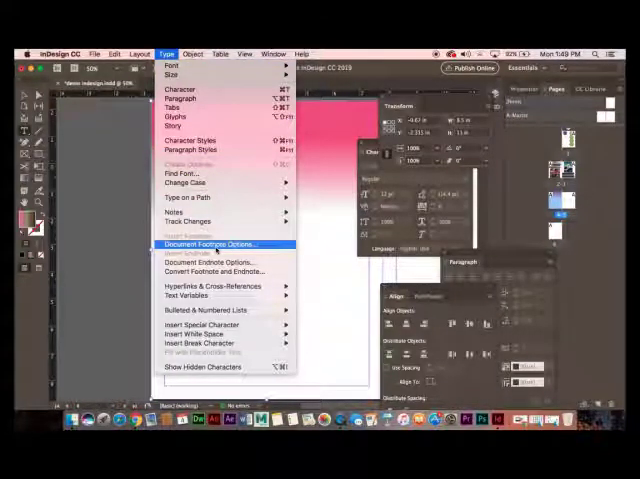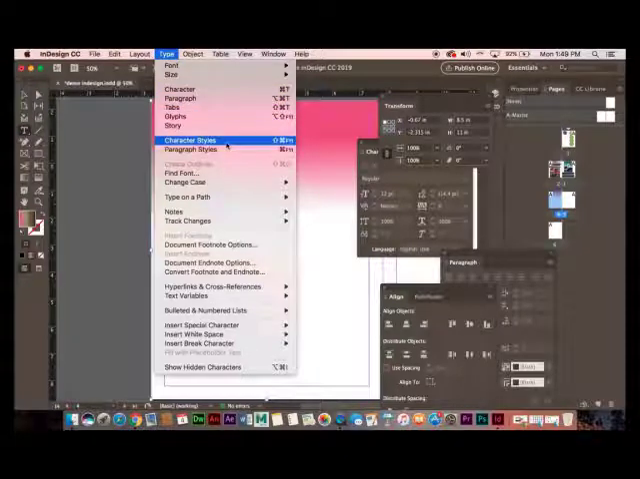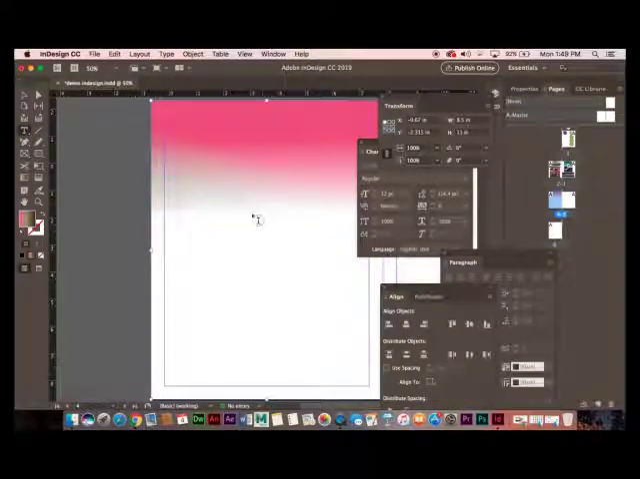I think that's what it was, right? Where's it at? Type. It's character, paragraph, character style, create outlines right there. Couldn't find it because it wasn't highlighted because there's no text yet. Alright, so I'm going to go ahead and I'm going to